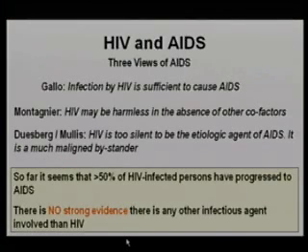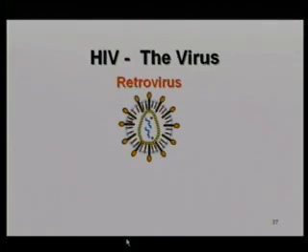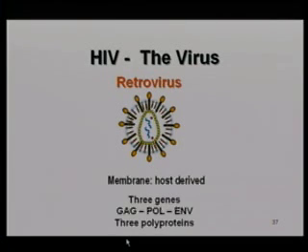If you have a patient who claims that something is the opposite, on our website there is a list of arguments to make that HIV does indeed cause the disease. So it's a retrovirus. We've sort of veered away now to patients and away from the etiological agent. It's a retrovirus. It's got a membrane. It comes from the host, just like all other retroviral membranes. It's got three genes, GAG, POL, and ENV.